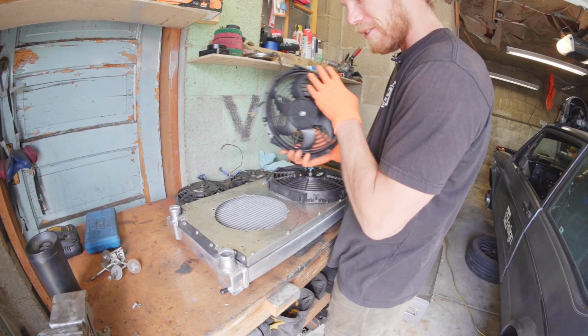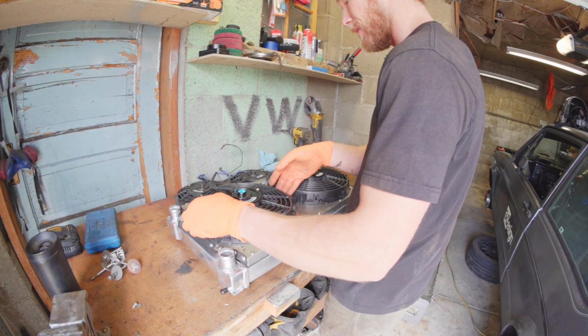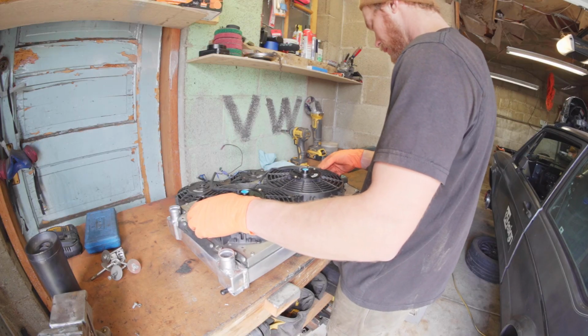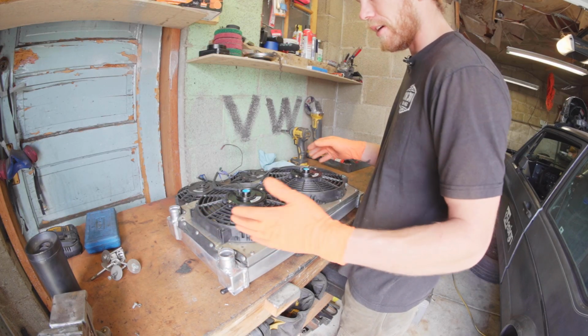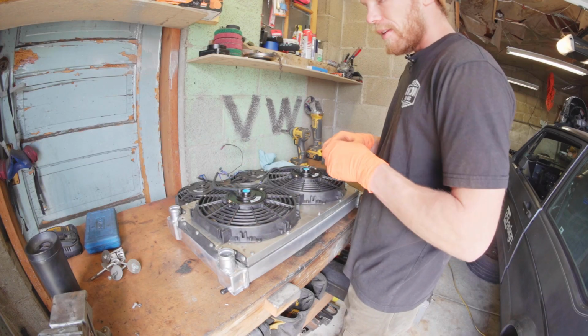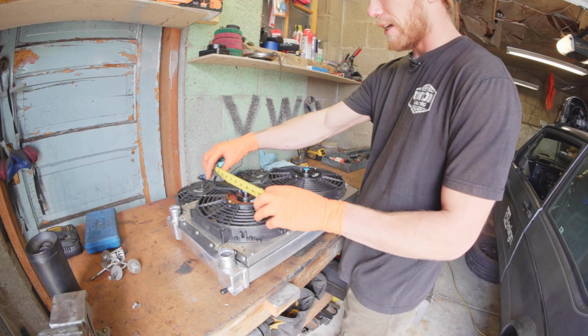So I'm currently working on, I just scored a line where I need to trim the shroud for the new fans to fit, and they are just barely going to fit in here. And I already did a quick dry check in the car. The ALH oil tower comes up right here,